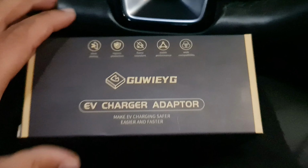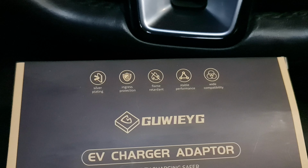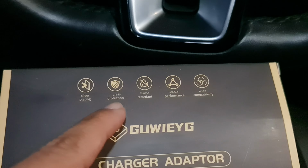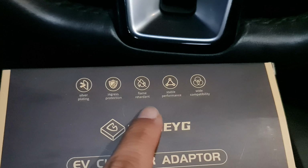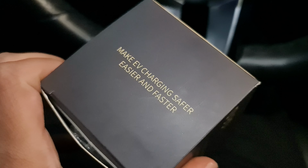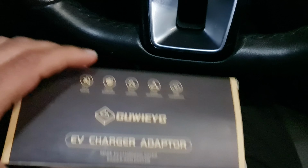So it doesn't say anything on this box, except it says here it is silver plating. I don't know what they call this protection, and flame and stable and white capacity. Yeah, make EV charging safer, easier, and faster. I don't know anything about faster, but